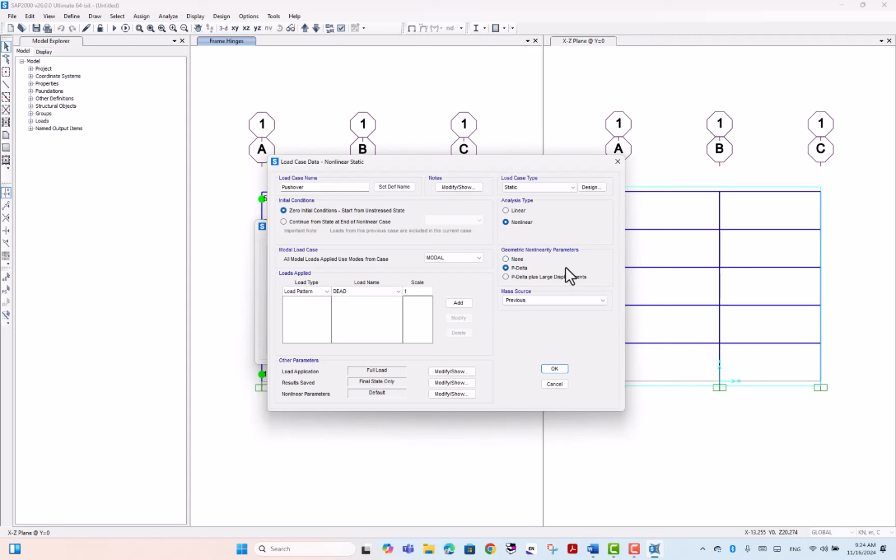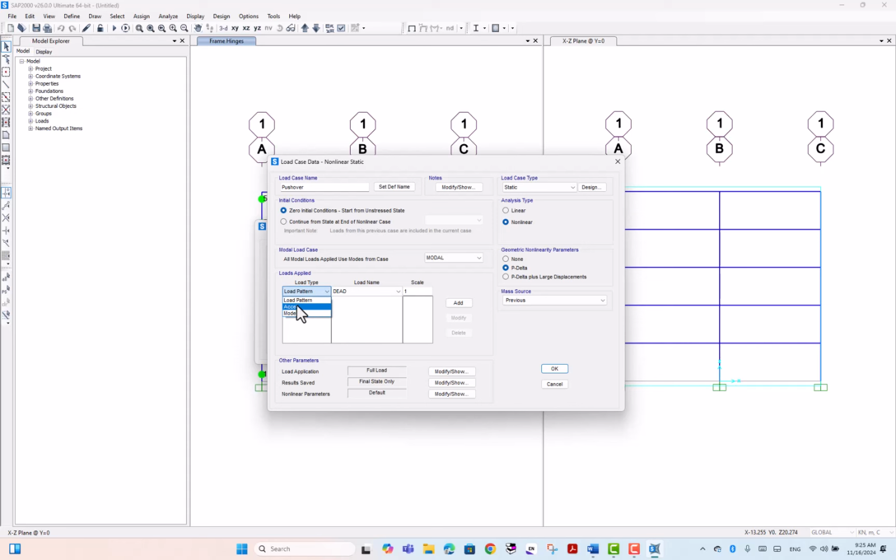It's very important: you can consider P-delta, because we have gravity load, and the gravity load will come to the columns. Some deformation will occur because of the gravity load in the lateral part. The masses we defined previously,